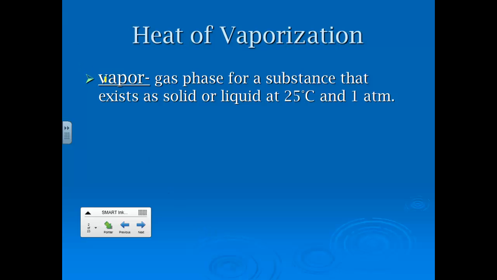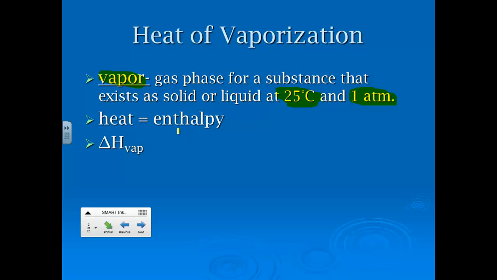Okay, so for a vapor, just to back up here, define some things. It's a gas phase for a substance that exists as solid or liquid at 25 degrees Celsius and 1 atm. So this is something that normally is going to be a solid or a liquid, but we can force